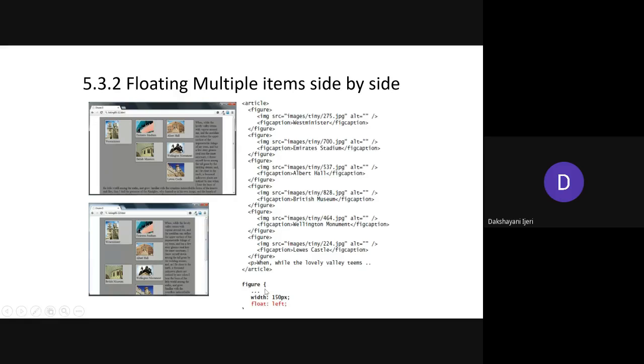In this example, you can see the figure element has been defined with the properties width and float, with float being left here. And all the figures in this body section will be applied with these properties. That means all the figures are going to appear on the left one after the other. So this figure has appeared over here, to this left another figure, and to this left another figure, until everything is covered. Even after applying all these properties, if some space is left, the rest of the paragraph content is going to flow around those images. Okay.